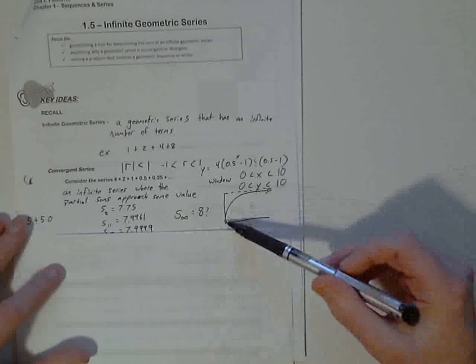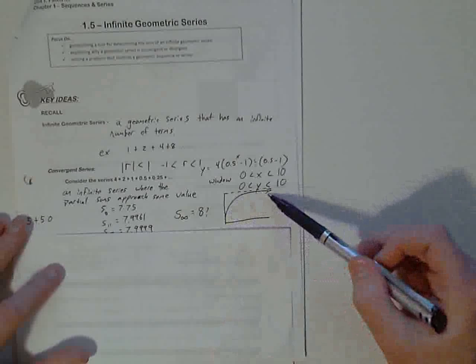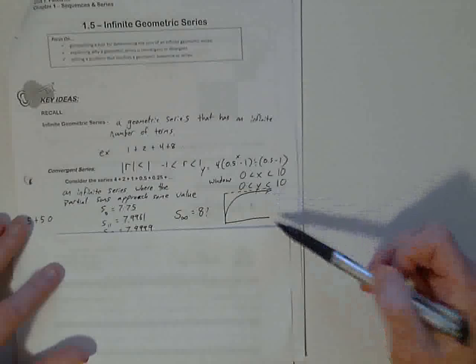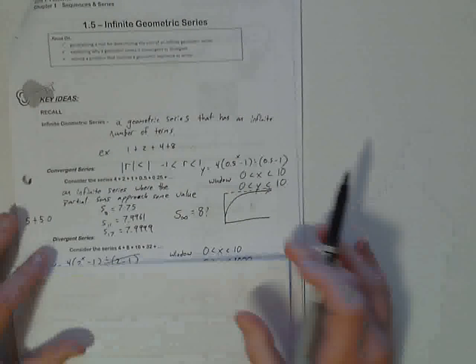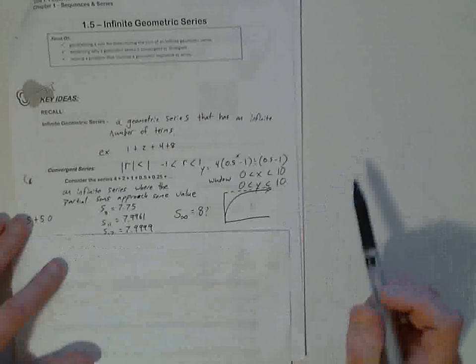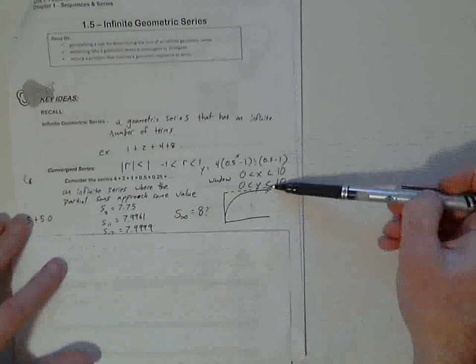It will never actually get to that dotted line. So this will not go on for infinity. It will not keep getting bigger and bigger and bigger forever. It will actually get closer and closer to a dotted line. And we can calculate what that dotted line is. If you go to table, which I think is second graph,